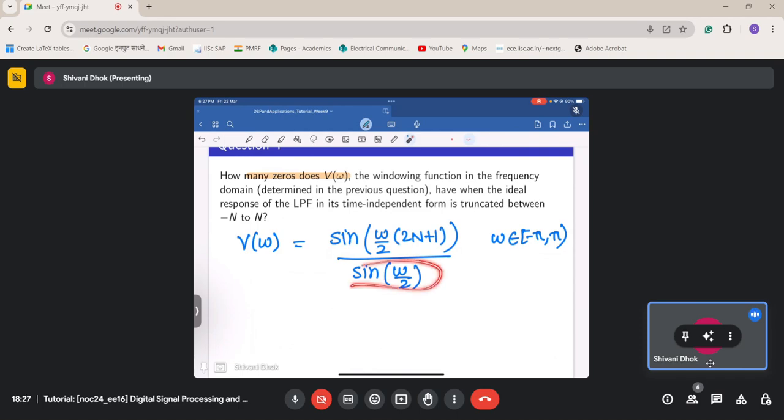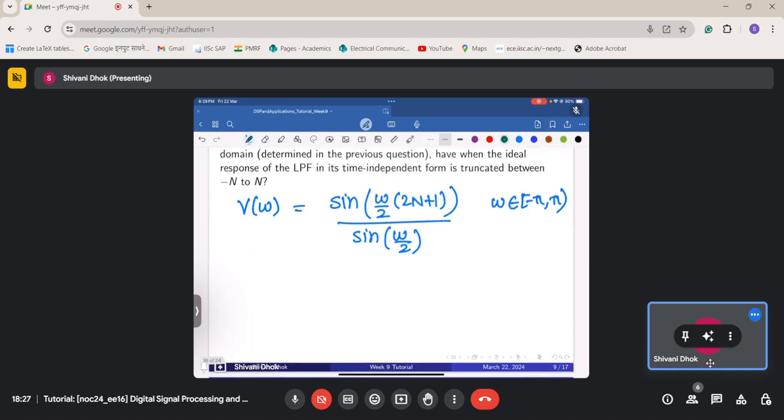So at that point both of these will not have a non-zero value. Okay, so now what we will look at is first the denominator. So the sine of omega by 2 will be equal to 0